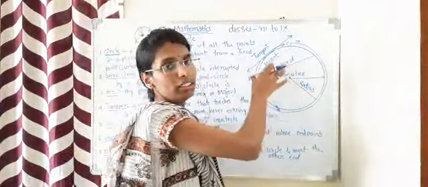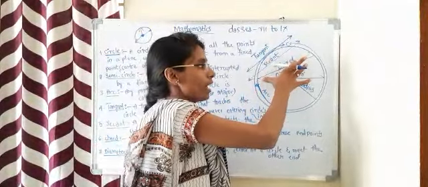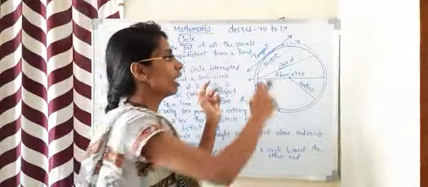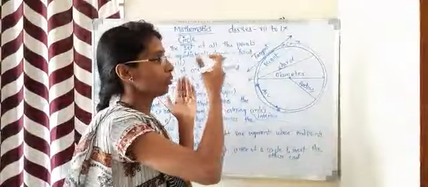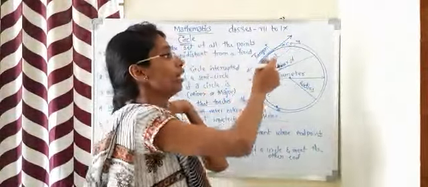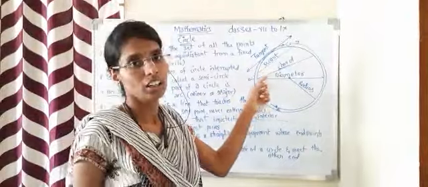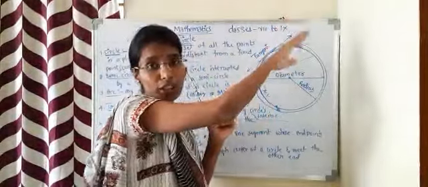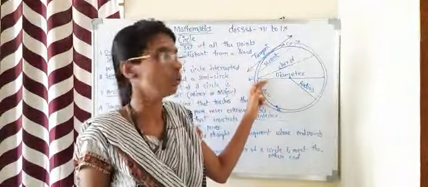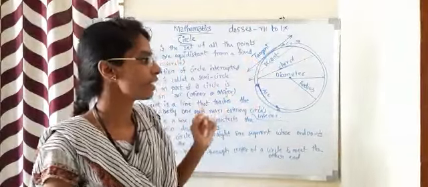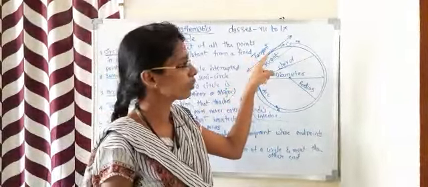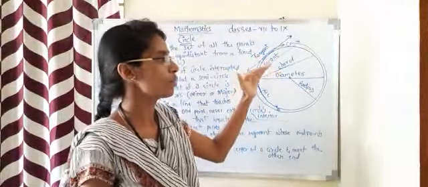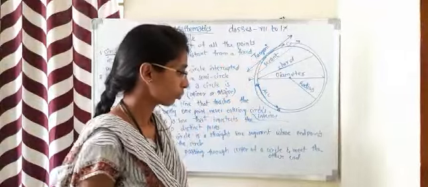A chord is a line which is joining two points on the edge of the circle. A secant is also a line which is passing through two points on the circle. But what is the difference between the secant and the chord? The secant is a line and the chord is a line segment. That means the secant can go to infinity on both sides, but the chord cannot. And then there is a tangent. A tangent is a line which meets the circle at one point. It never comes inside the circle.